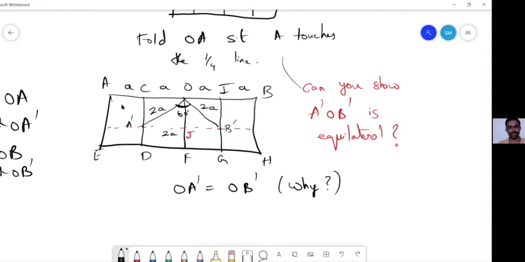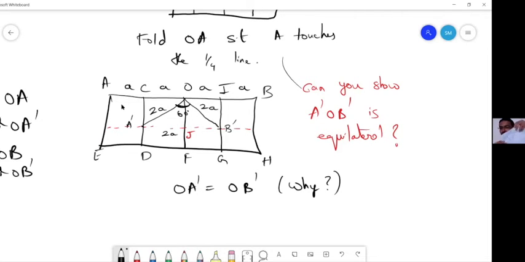Yes, AOA dash and BOB dash are equal angles. And 180 minus 60 gives you 120. 120 divided by 2 gives you 60 each. And since you are folding it on top, it will become 60 divided by 2, which is 30. Exactly. So I never knew that this would give a 60-30. I did not expect that. Very interesting.